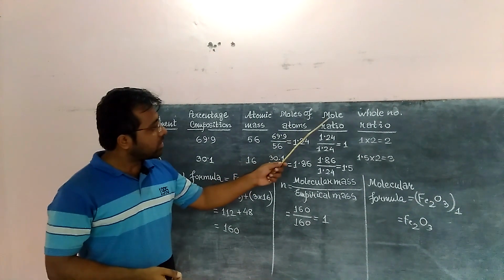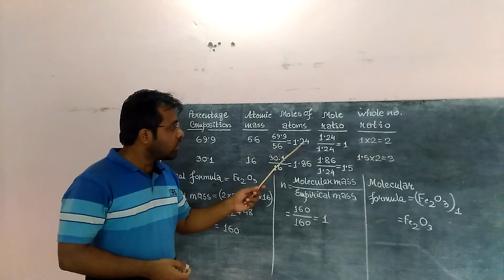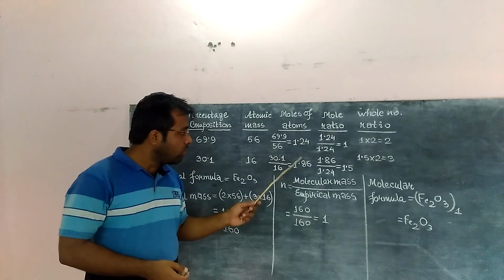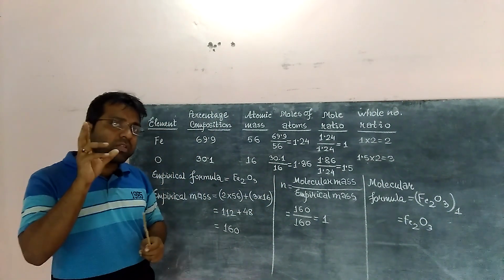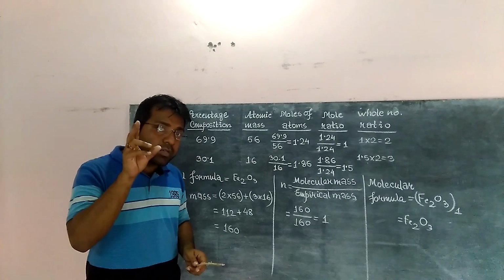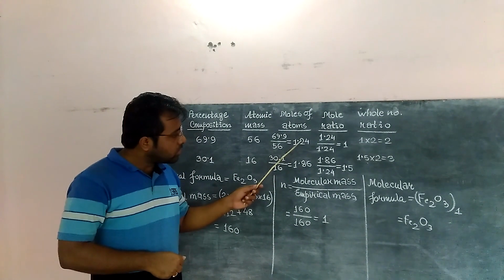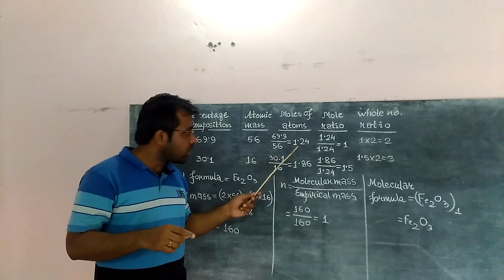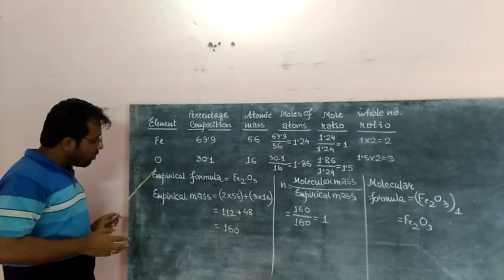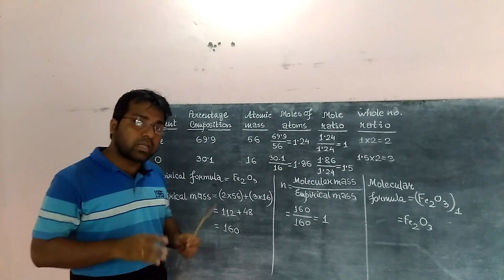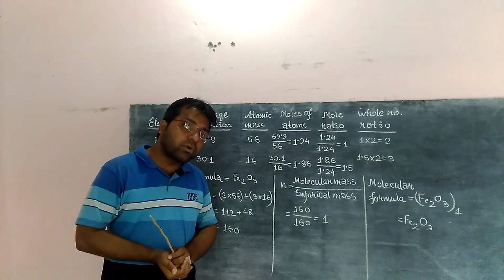Now in the following category, that is in the mole ratio, we need to take out the ratio of the moles we already found here. So here what we have to do, we need to check out the HCF of these moles. Which one is the smallest one? So here if you consider these two, 1.24 is the smallest between these two. There may be more number of moles due to more elements. Then also you need to remember that you have to take out the smallest one. So the smallest one is 1.24.